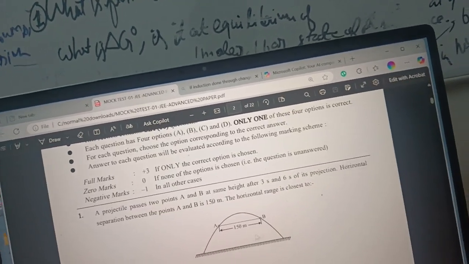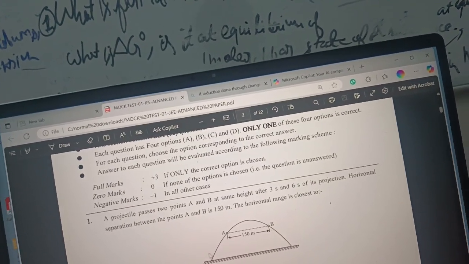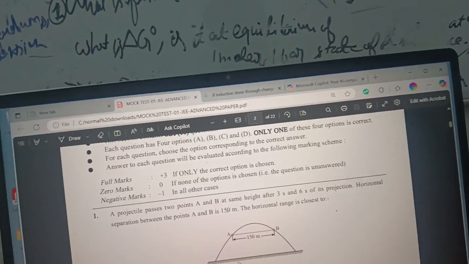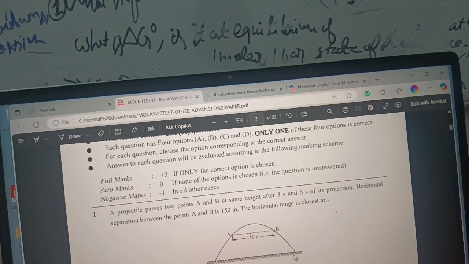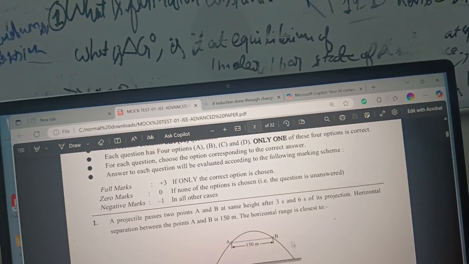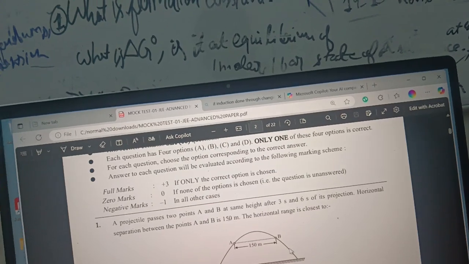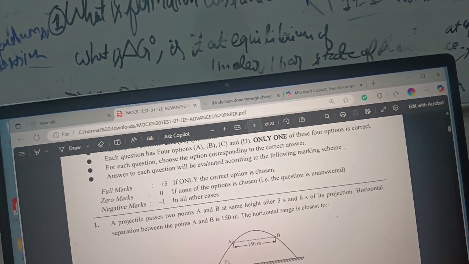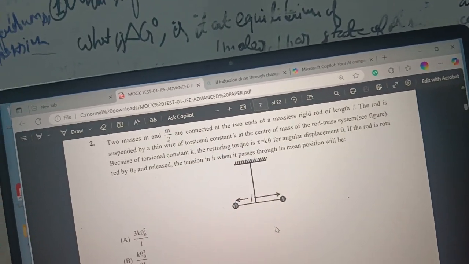So we can find out the times. Like if the time to reach this point is 6 seconds and to this point is 3, then the time taken to fall from this to this point will also be 3 seconds, and then the total journey time would be 6 plus 3, 9 seconds, and this A to B journey would be 6 minus this 3 seconds, which is 3 seconds. Now in this case of